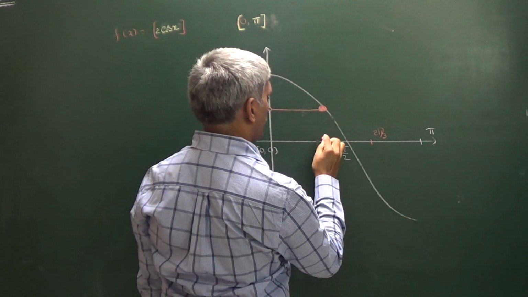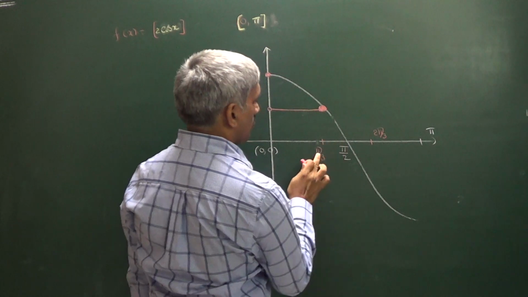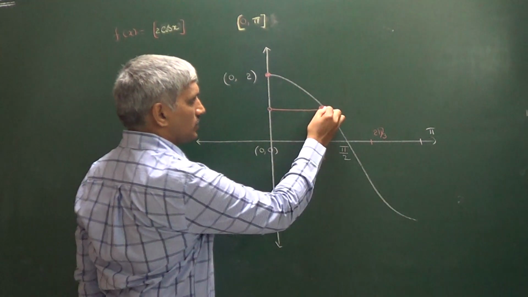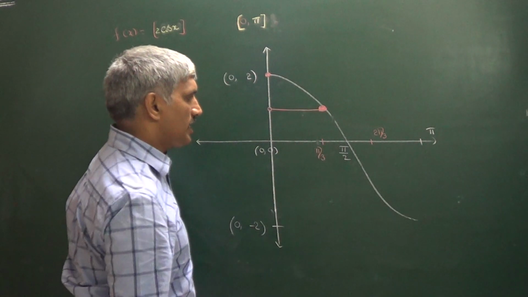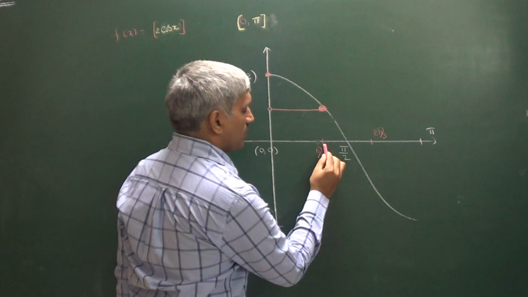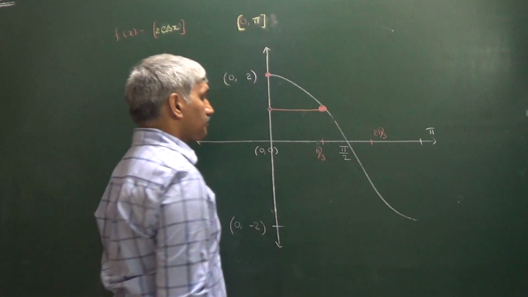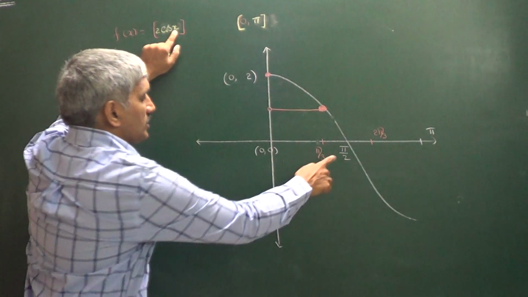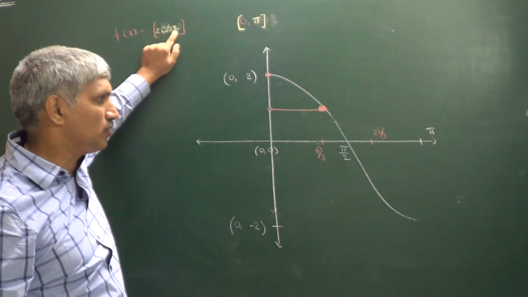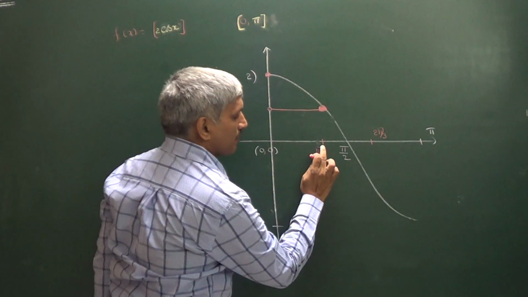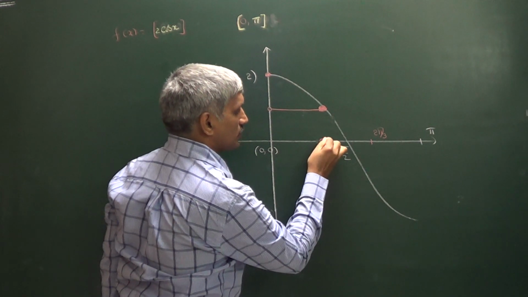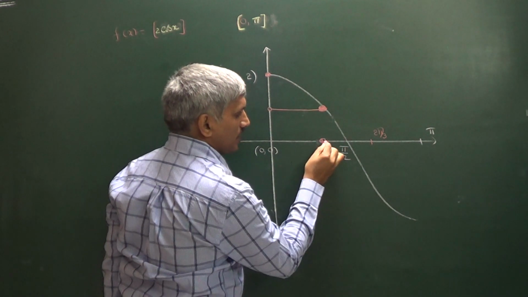Exactly wherever pi by 3 is there, on the top of pi by 3 we have a filled circle, that is 1. Again you can check from pi by 3 to pi by 2. Pi by 3 means we are getting 1. In case of pi by 2 it becomes 0. So between pi by 3 to pi by 2, this is an empty circle, we are getting 0.